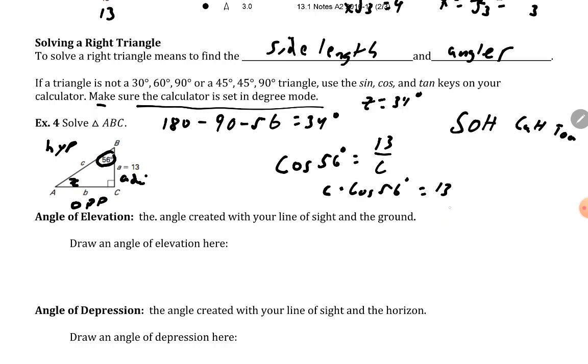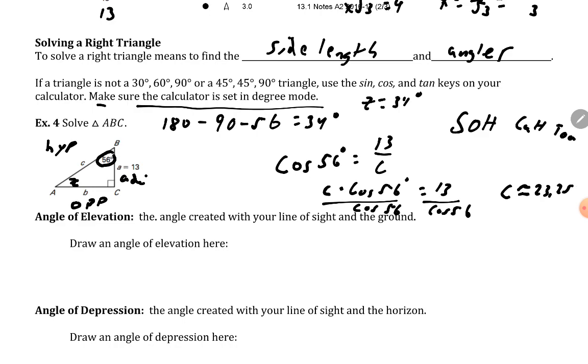Now I'm going to divide both sides by cosine of 56 to get C by itself. So I have now C equals 13 divided by, press cosine button, 56. And then you should get approximately 23.25